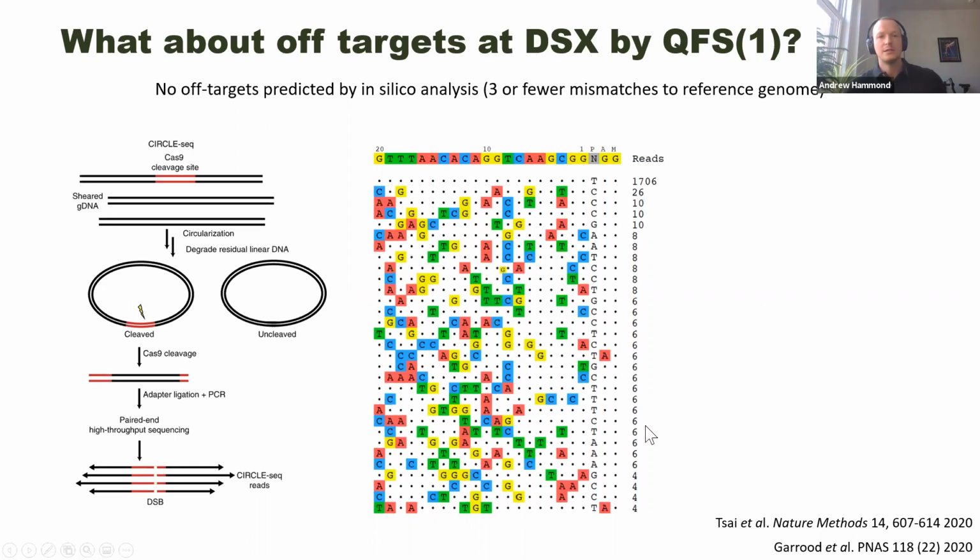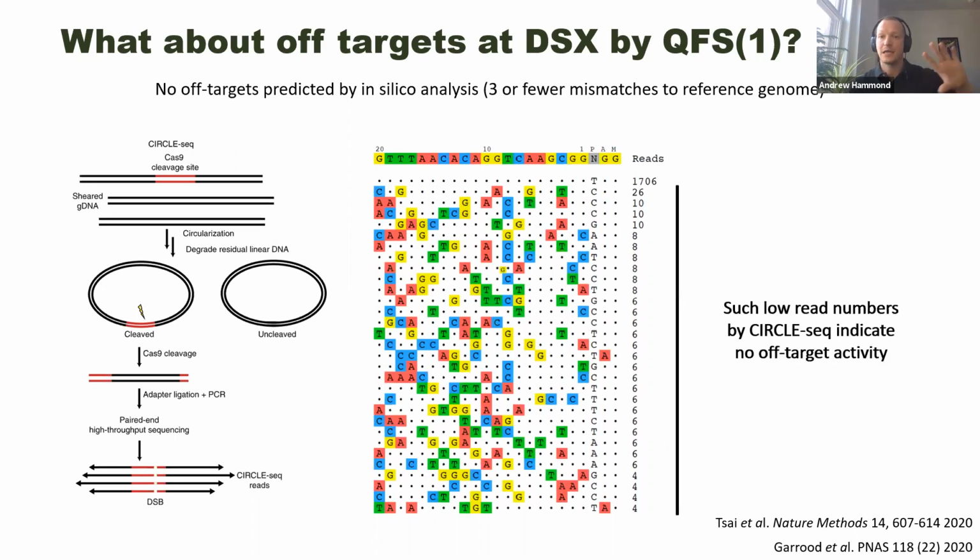And this number of reads is below the threshold we would usually use. So it looks like there's no activity. There's no activity at any potential off-target through this circle-seq analysis. But maybe that means our analysis isn't very good, or maybe it means that we're unable to detect these types